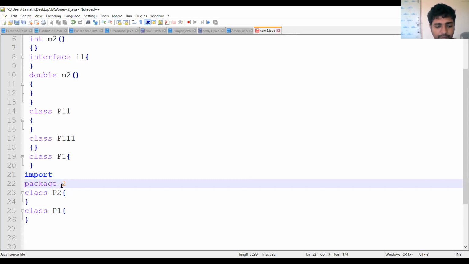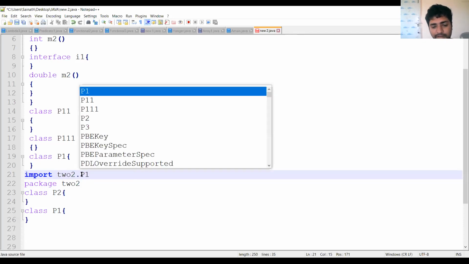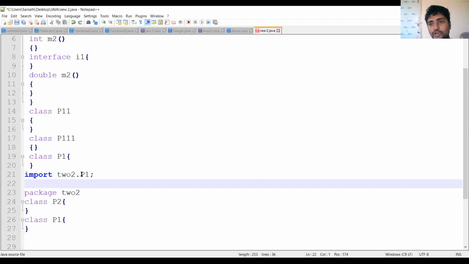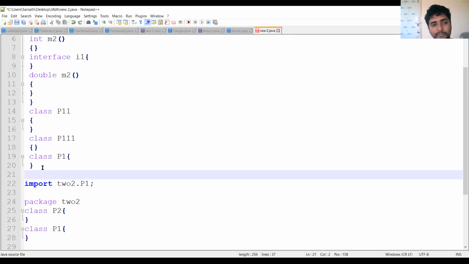For example, TWO2 dot, where we have so many classes, T2 and T1. So I am going to import the class P1 here. This is how you can import the class P1. But in the previous example, if you want to import the class P1, how can you import?